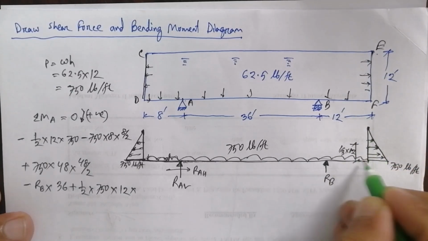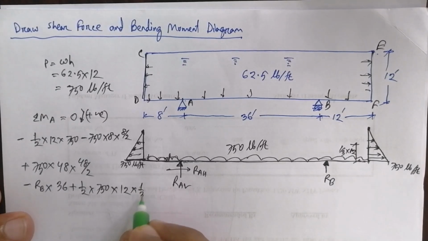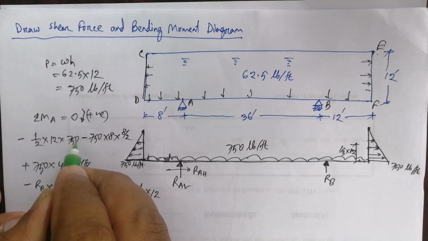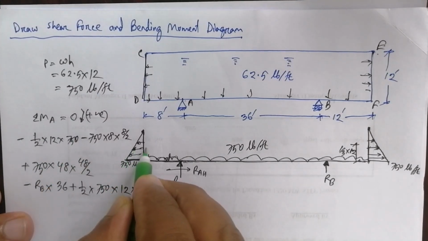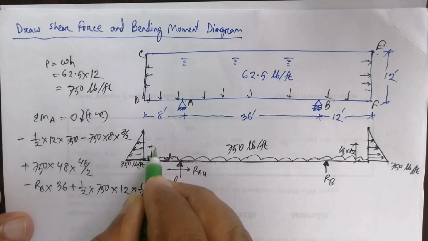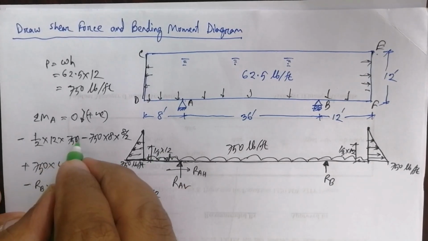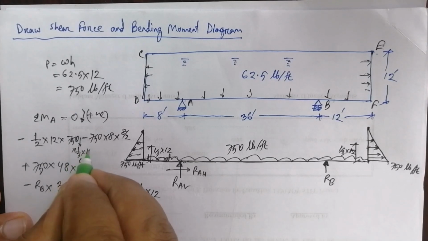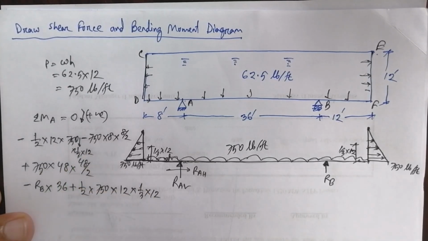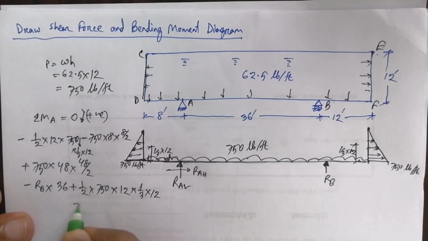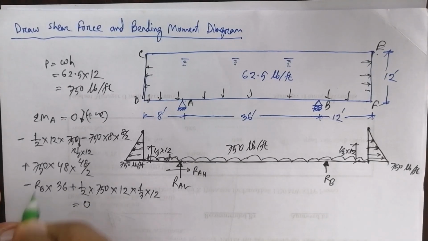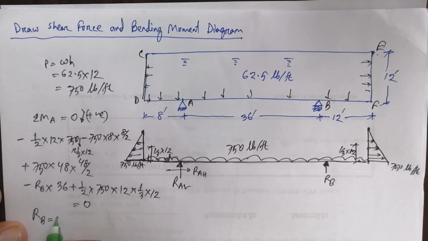This triangle force also acts at 1/3 of 12, so into 1/3 of 12 equal to 0. So RB, if you calculate this,